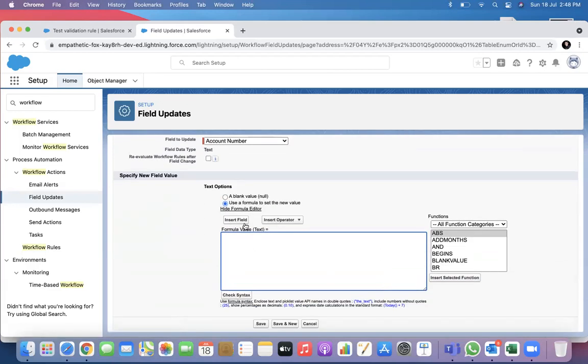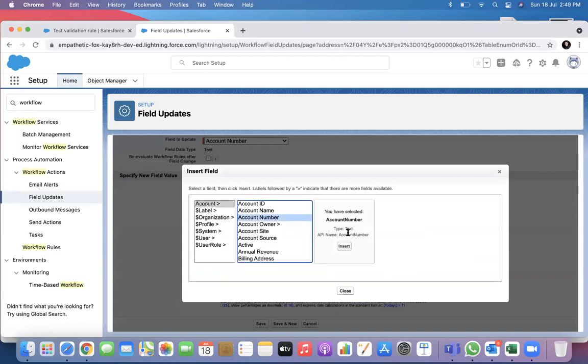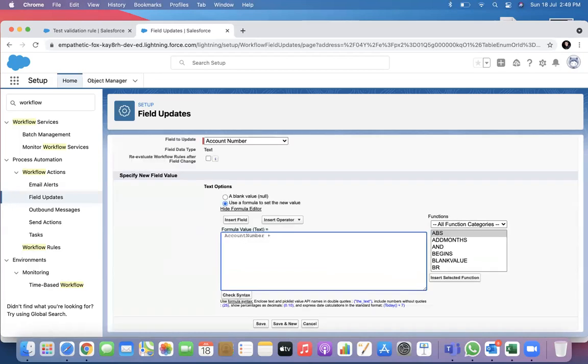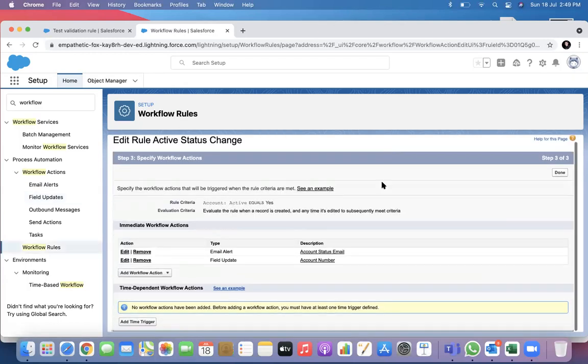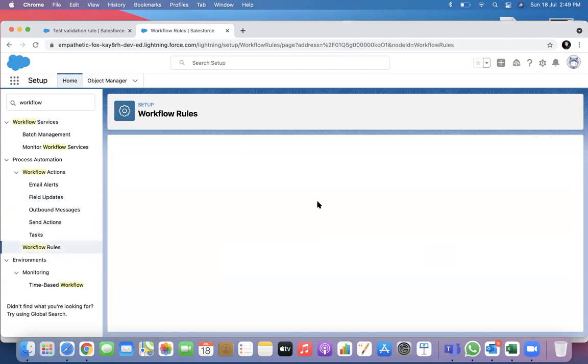I will insert account number and add a text, not blank, maybe hyphen. So what I am doing is adding hyphen active to whatever value is there in the account number. By default, I am done.